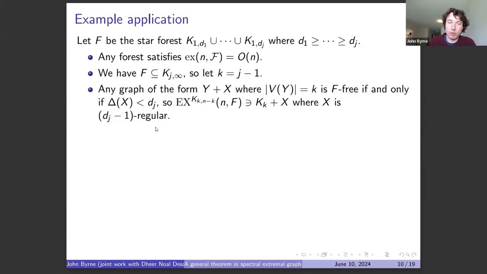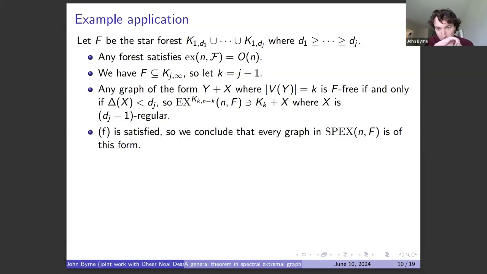And so what that means is that the specialized extremal number starting from K K, N minus K, in fact, this family is just every graph of the form KK join X, where X is DJ minus one regular, or perhaps almost DJ minus one regular, depending on the parity. So we're in case F because it's possible that DJ minus one over two could be larger than 3/4. But F is in fact satisfied